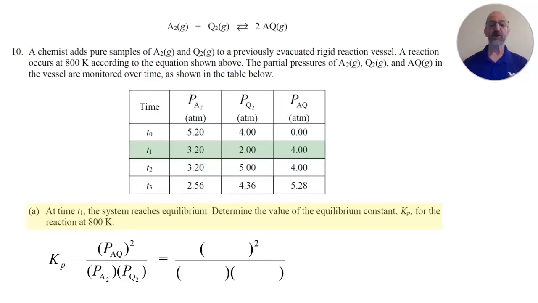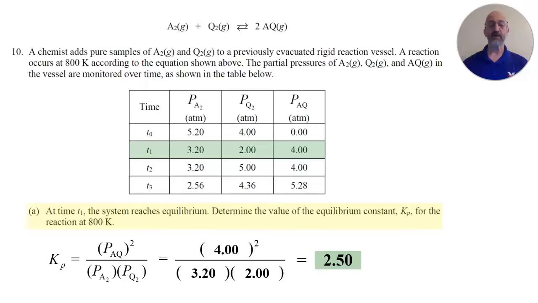So I will put the partial pressure of AQ in the numerator, and that would be 4 atmospheres. And I will put the partial pressure of A2 and Q2 in the denominator, and that would be 3.2 atmospheres and 2 atmospheres. And so now when I pick up my calculator to determine the value of the equilibrium constant Kp, the math involved is 4 squared divided by 3.2 divided by 2. And so when I do that math, I get 2.50 for the value of the equilibrium constant Kp for the